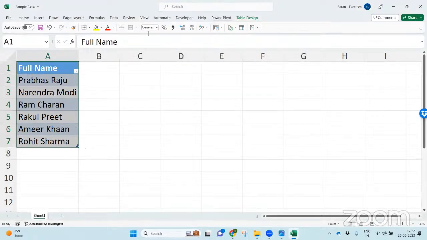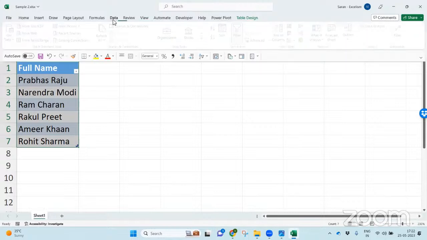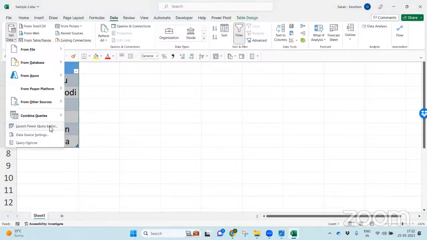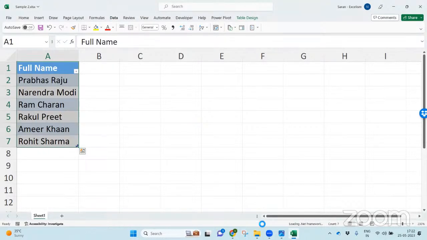Now, this is a new Excel file, right? Let's go to Data, Get Data, launch Power Query Editor. Let me open my notepad.